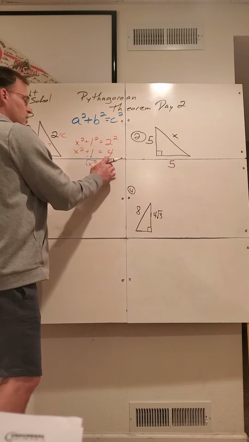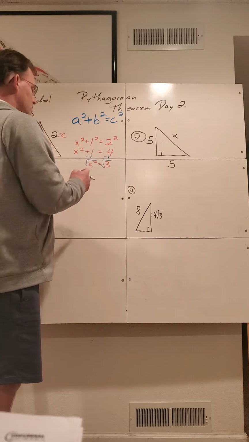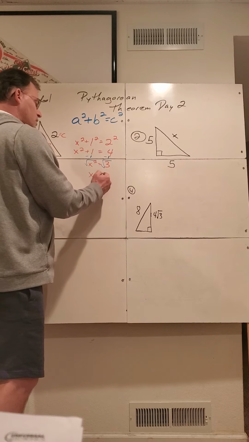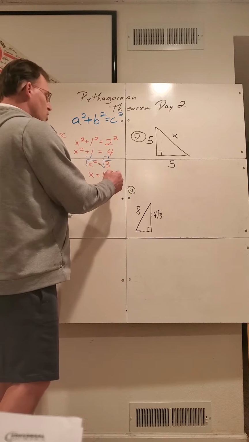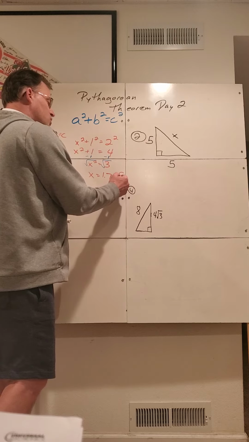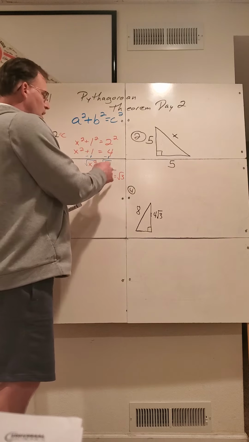Now, when I look at a square root like this, a calculator is going to come in handy. That's going to give you something like 1.7. A lot of times on these square roots, you'll see it written just in square root form. Okay, it's important to keep in mind